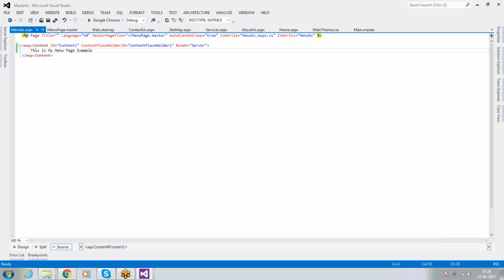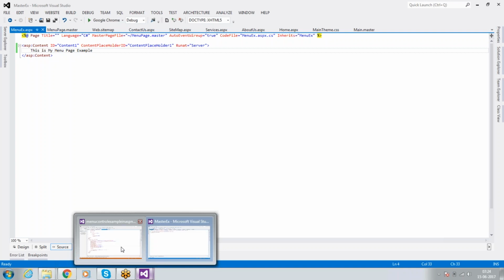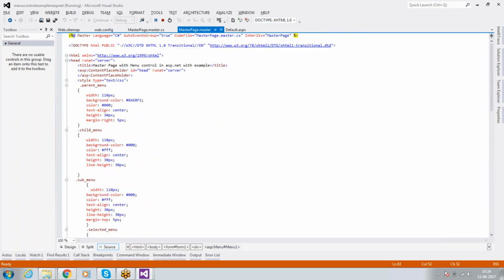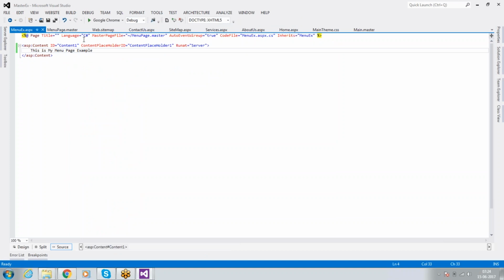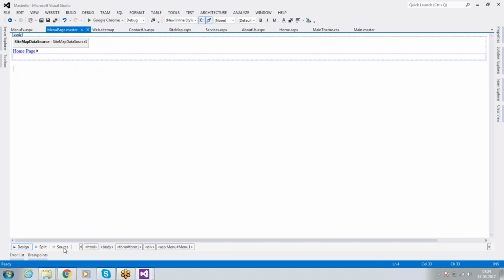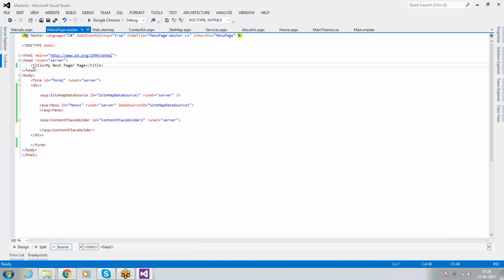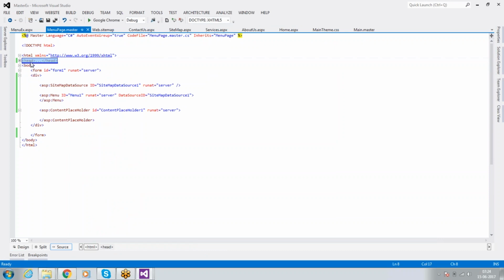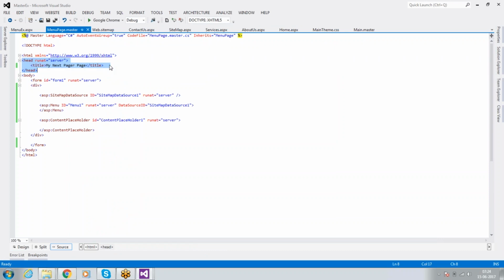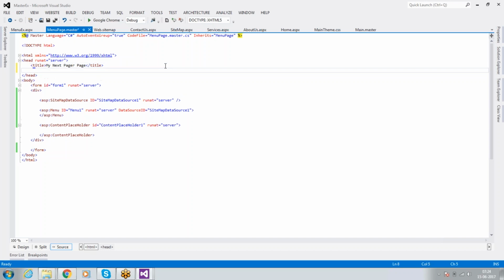Now for that, I already created some kind of styles here. If you want to create any styles in our master page, go to style. Here anything can be done within head tag only. I already told, any external pages, the CSS pages, JS pages, all you can place in our head tag only. If you want anything, just you can take, I want to write my own styles.